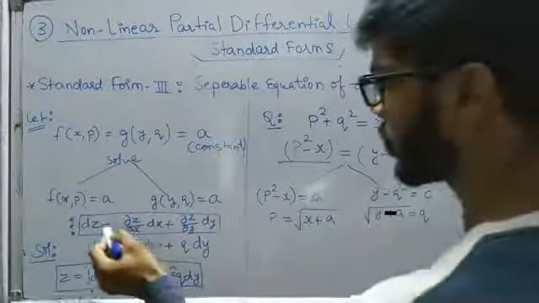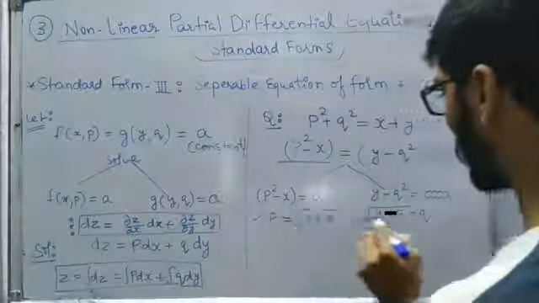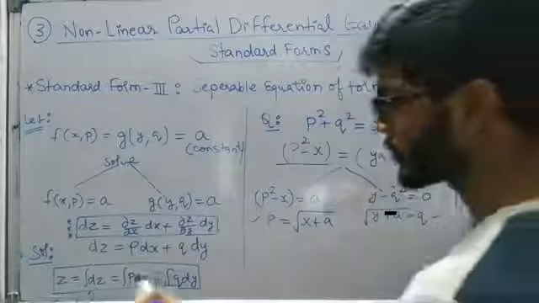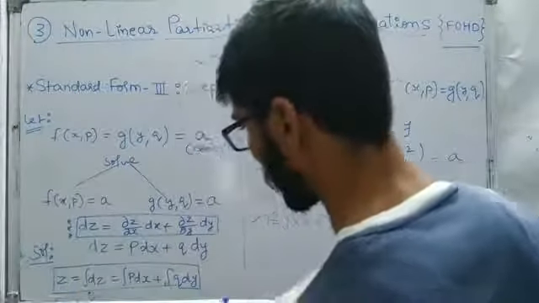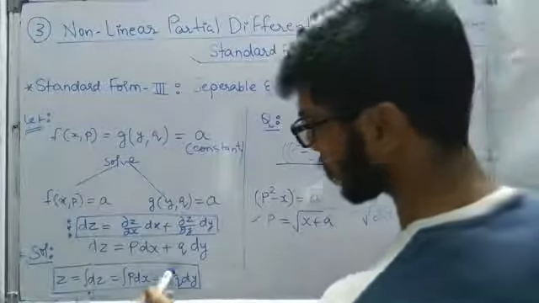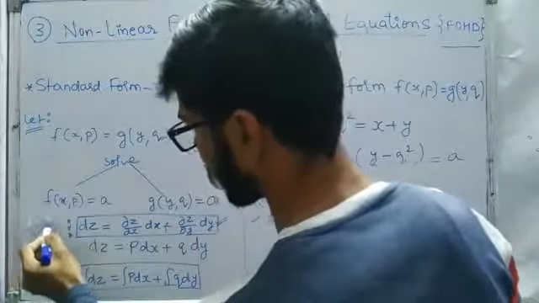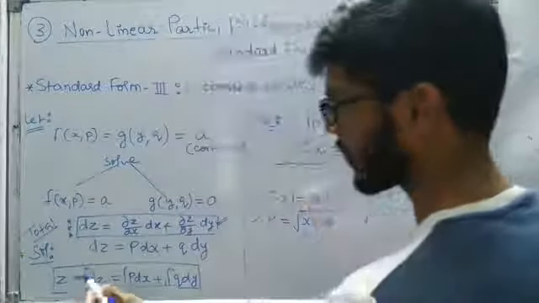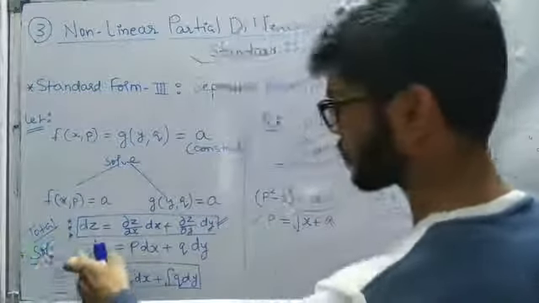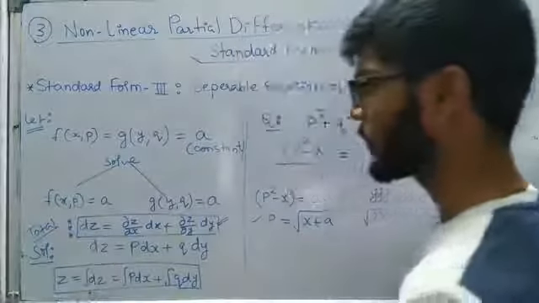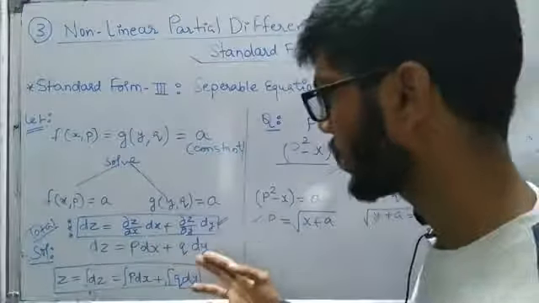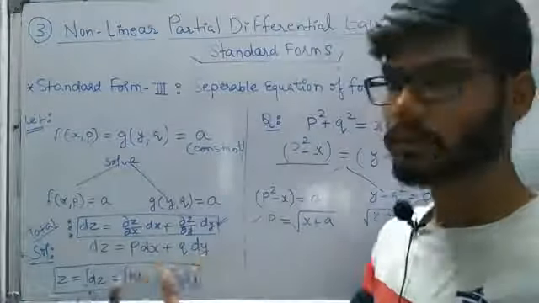So we have p and q with us, and now the general solution will be dz is equal to p dx plus q dy. How we are getting this, for that I have written one short idea behind it: this is nothing but the total derivative. So dz is going to be dou z by dou x dx plus dou z by dou y dy. This we study in the total derivative part.